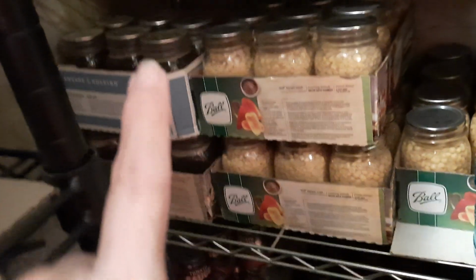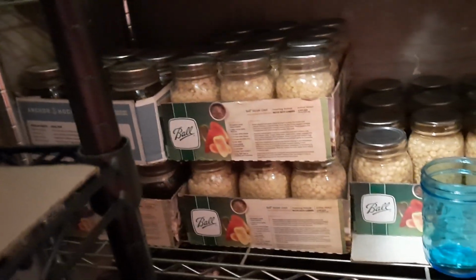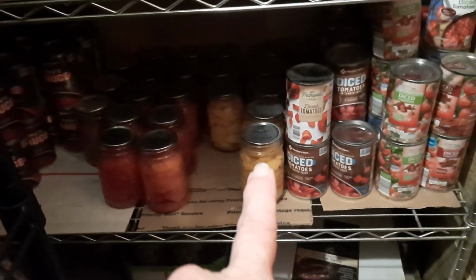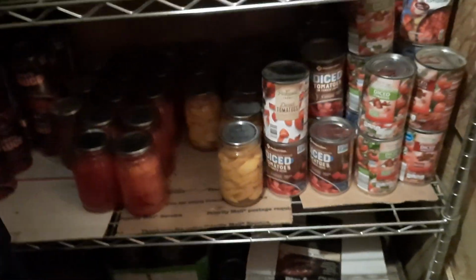We do have some chicken stock right here left, so we still have that I'm holding back, trying not to use. Our variety of tomatoes, and then fresh peaches we got from the trees. And then down here we have a variety of ways of green beans